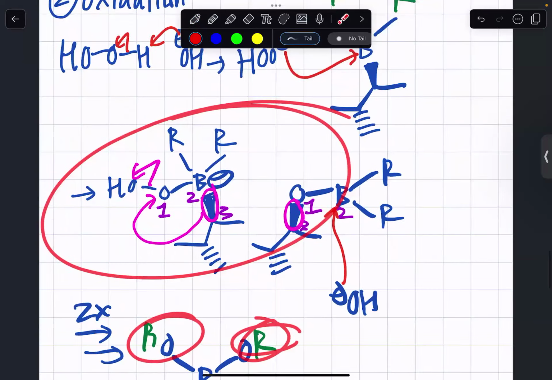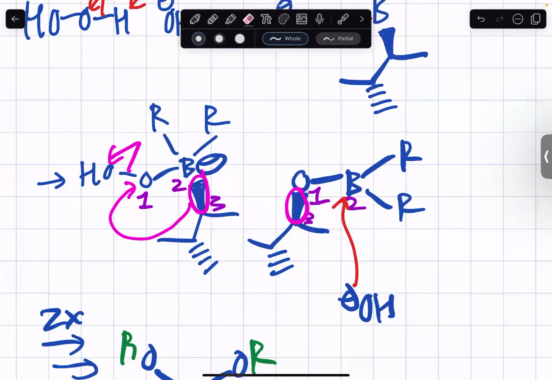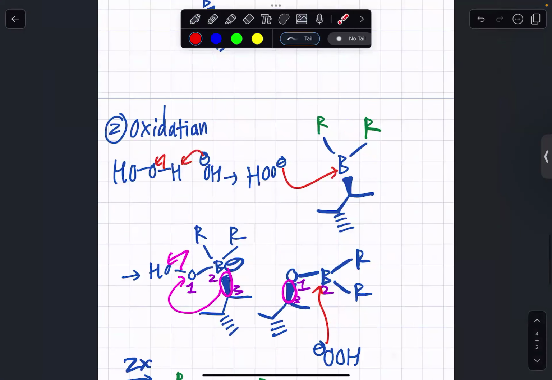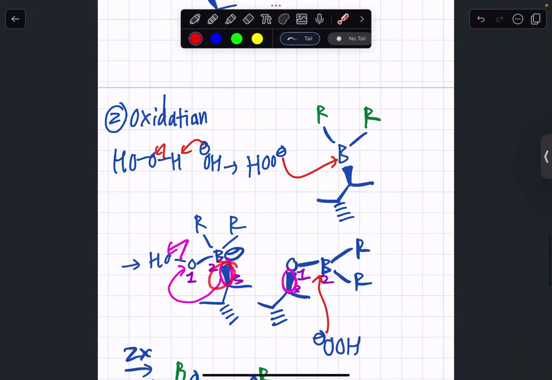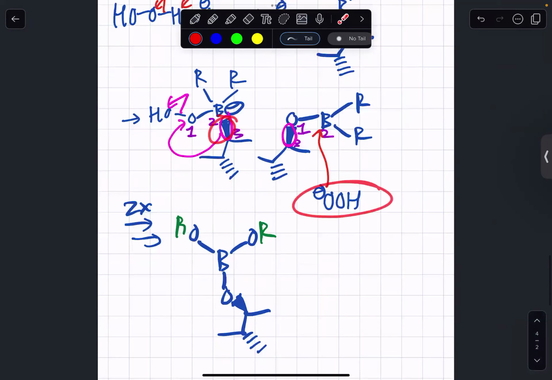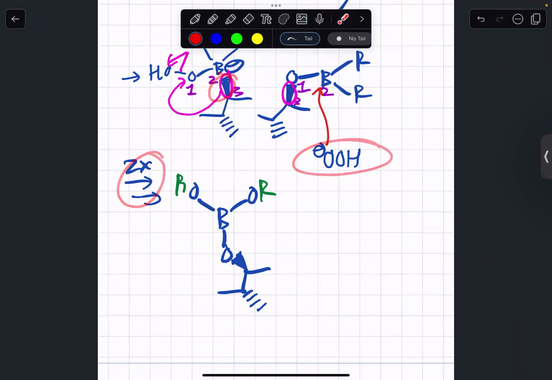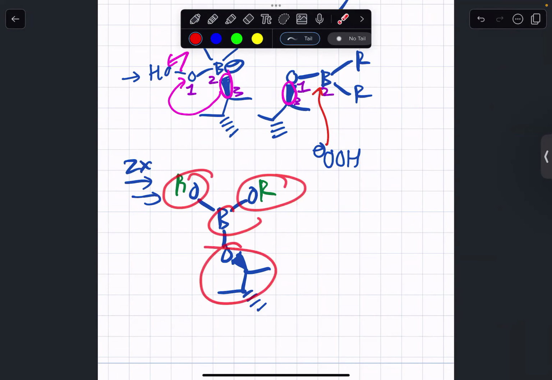And instead of the OH minus attacking, it's actually going to be the OOH attacking that boron first, because we want this OH leaving group to leave after this migration step. So this is actually going to attack the boron 2 times, doing that migration step 2 times as well, giving us this B(OR)3,